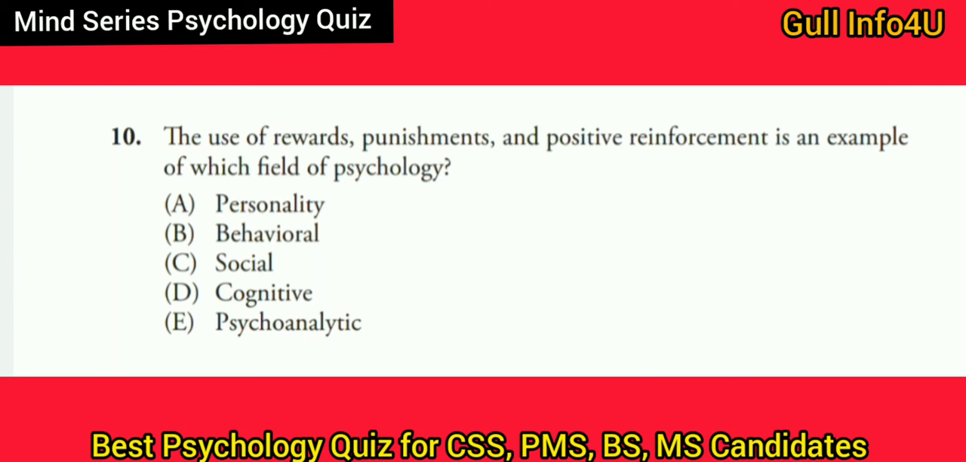Question: the use of reward, punishments, and positive reinforcement is an example of which field of psychology? A. Personality. B. Behavioral. C. Social. D. Cognitive. E. Psychoanalytic. Take a deep look. The answer is